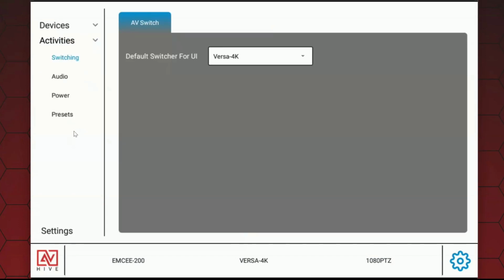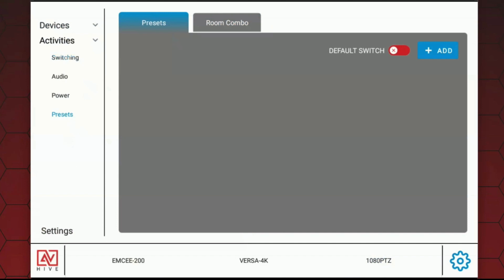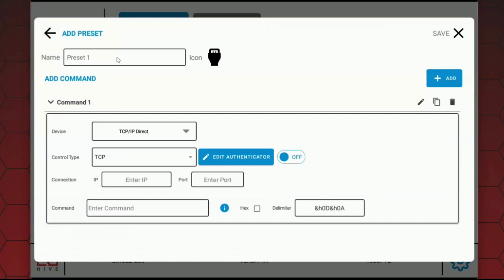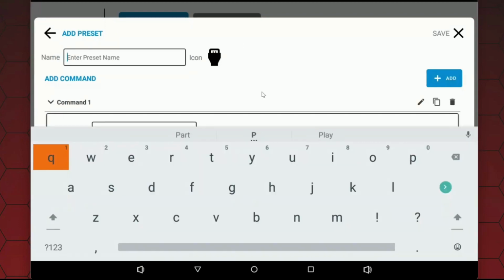I want to go into presets, and that way I can kind of show off a little bit more of the Versa interface, right? And you can see here, presets now have a little default switch, and you're also able to use presets as a default switch. I'll show that off also as well. But first, let's build out our preset and call this hide 4x4, right? Let's do a 4x4 for 4 sources and 4 outputs, and that way we can kind of see